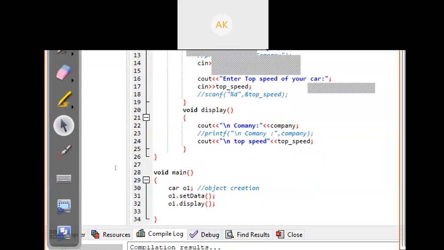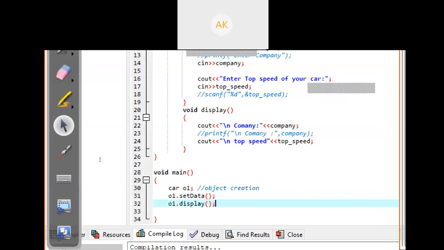Then I create object o1 and access set data, meaning writing the values of this object. And in the next line, I'm accessing what the user entered.